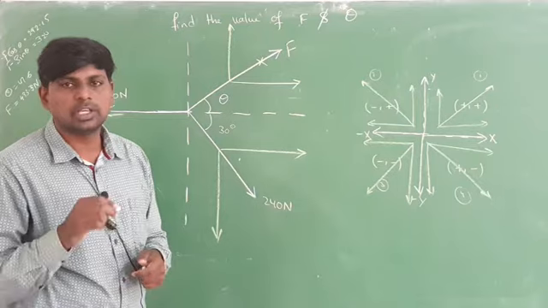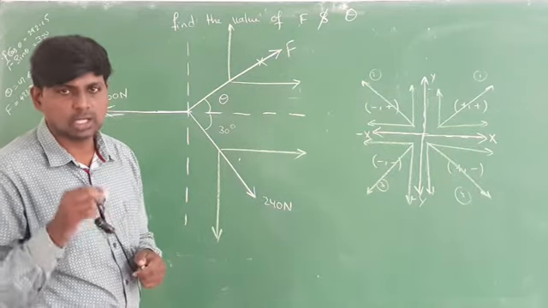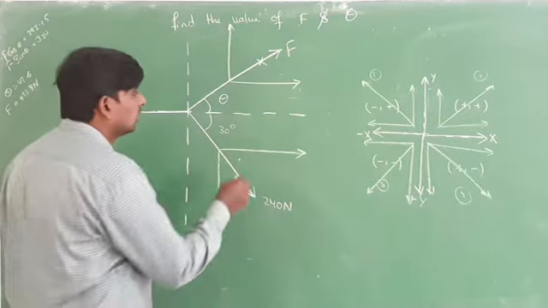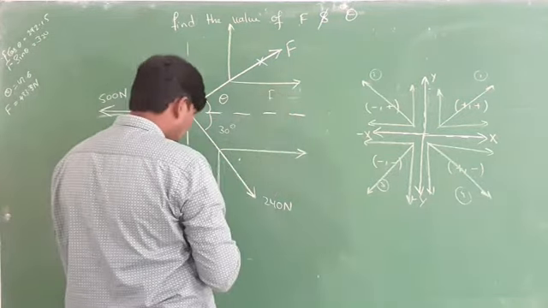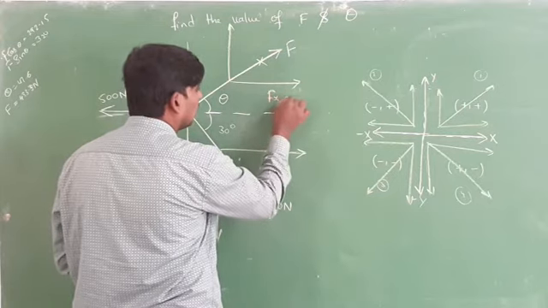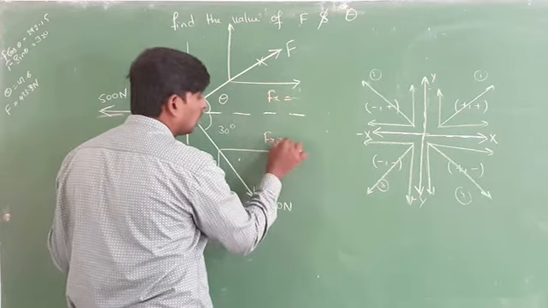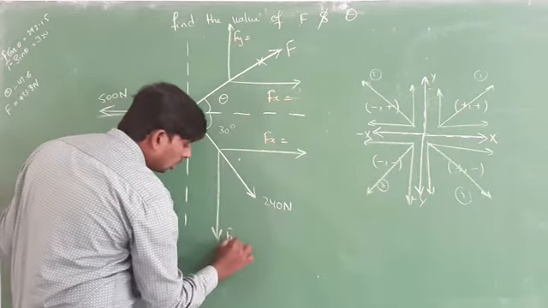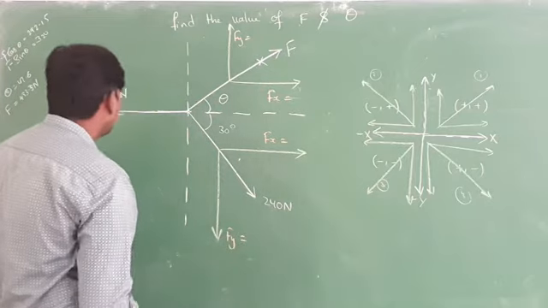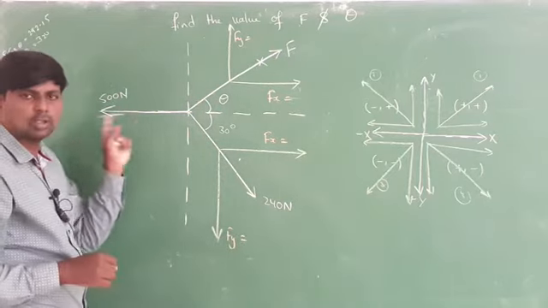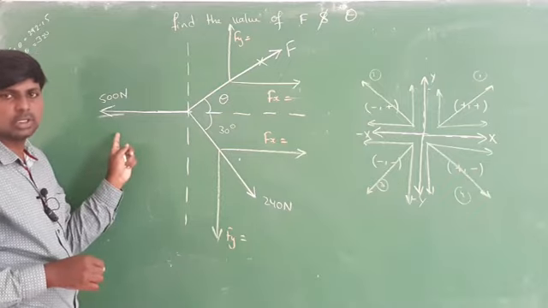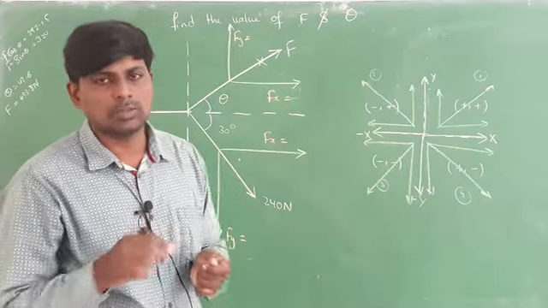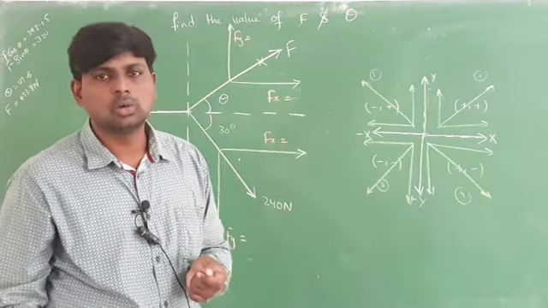Now next step, wherever you are finding horizontal component or horizontal force, you have to write Fx. This is the horizontal component, so better to write Fx here, and this is also a horizontal component, better to write Fx. This is a vertical component, write Fy, and this one is also a vertical component, write Fy. And here this horizontal component is lying on the axis. No need to write Fx or Fy, whether horizontal or vertical.